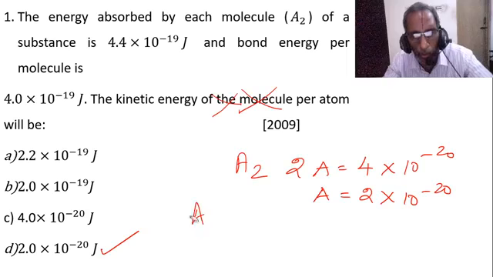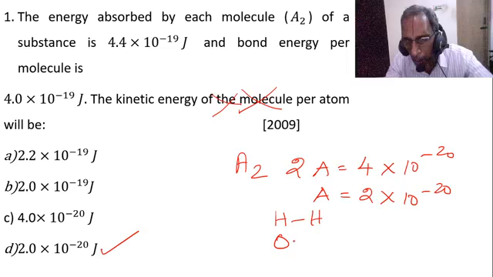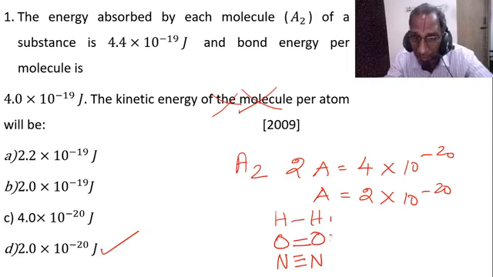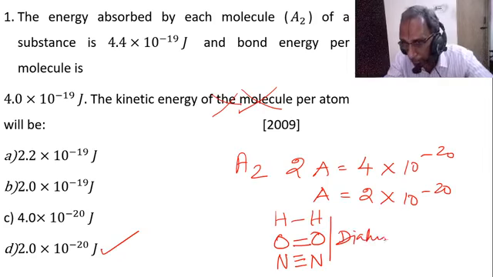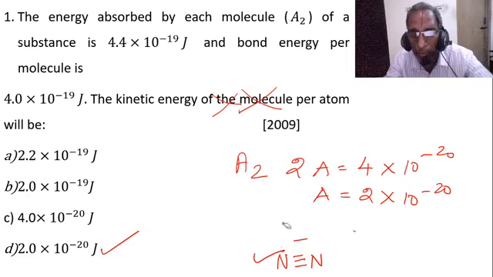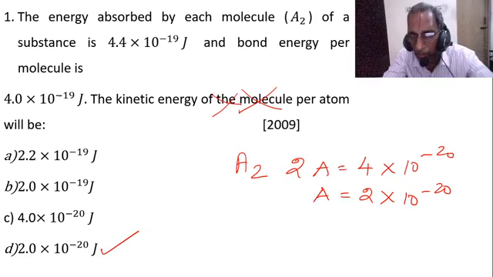So that molecule absorbs some energy, and bond energy is also given. What is meant by bond energy? If you take hydrogen, there is only a single bond. If you take oxygen, there is a double bond. If there is nitrogen, there is a triple bond. So bond energy increases. All are diatomic species, but bond energy is higher for oxygen and highest for nitrogen. So that is the bond energy. Bond energy is the energy existing between 2 atoms. You have to supply that energy so as to break them.